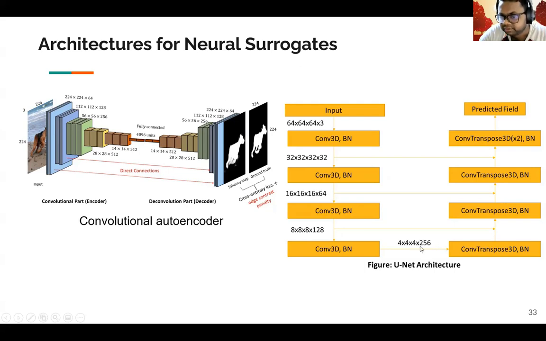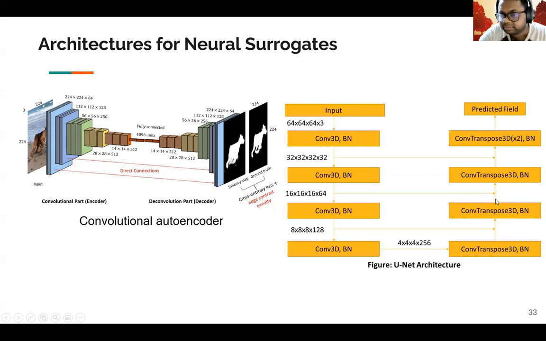Maybe not 256, but maybe it is 128 dimensional. So now you take the 8 cubed times 128 dimensional input over here and the 8 cubed times 128 dimensional output coming from transpose convolution, and concatenate them together to get a 256 dimensional input, 256 channels input for 8 cubed.